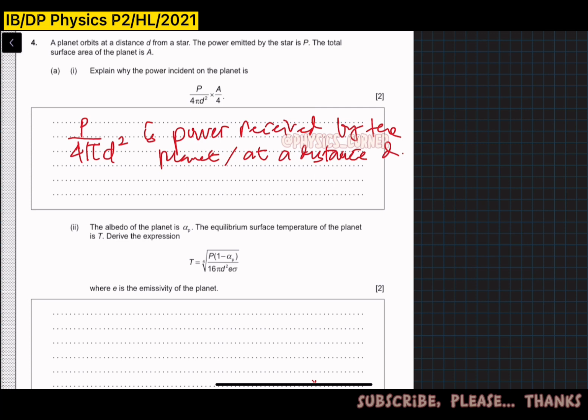And then the coefficient A divided by 4, this is about